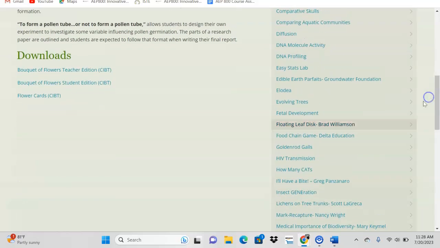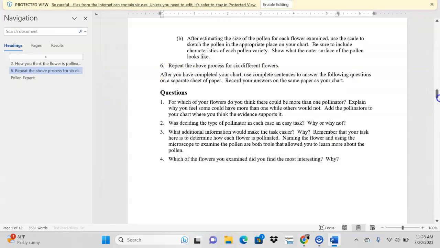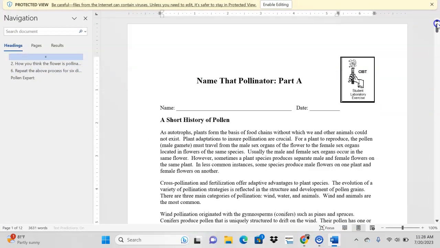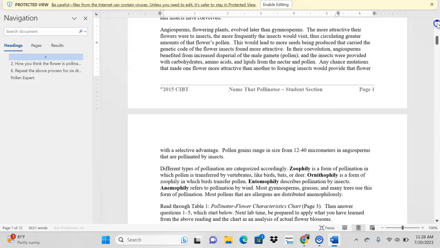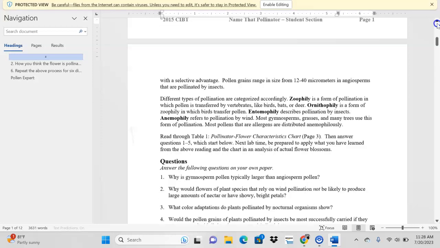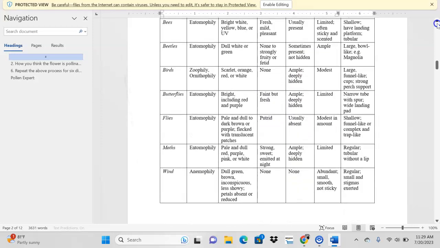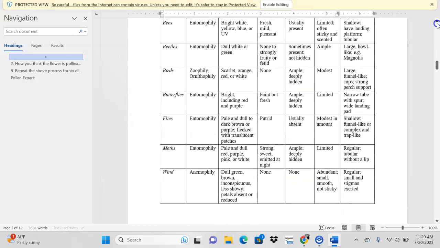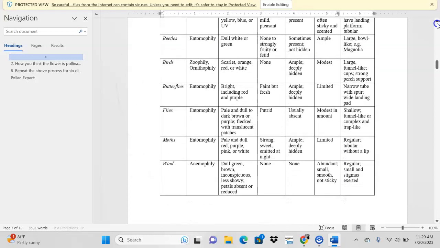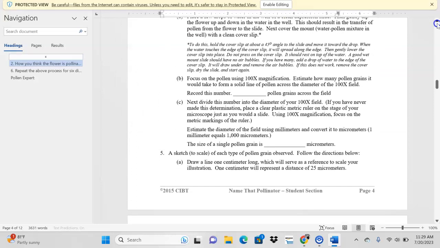I downloaded the students version and it's really interesting. It goes through and it gives the information about pollination and different types of pollinators and just about them quite a bit. And then they answer questions and it gives a bunch of different forms of pollinators and gives more questions, and it allows students to have more of the lab format within the classroom,